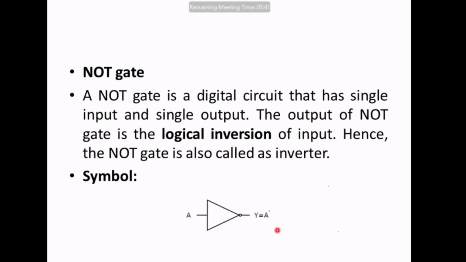ठीक है, वो invert हो जाएगा और आपको exactly उल्टा मिलेगा. Now because this is a binary system, so we can have only two inputs, either 0 or 1, correct? तो यहाँ पे अगर 0 प्रेजेंट किया तो आपको 1 मिलेगा. यहाँ पे अगर आपने 1 डाला है तो आपको आउटपुट में 0 मिलेगा. This is the logic statement of your logic NOT gate. The output of the NOT gate is the logical inversion of the input, right?